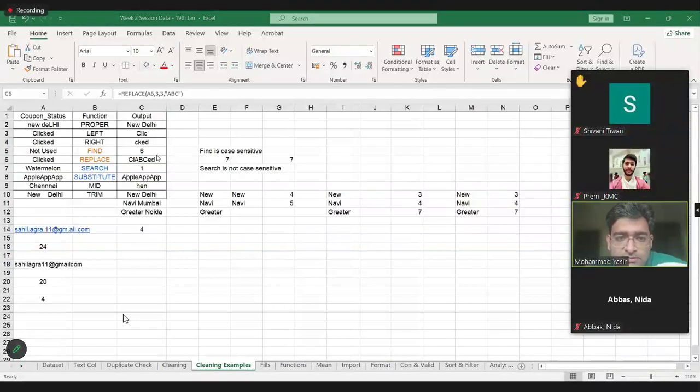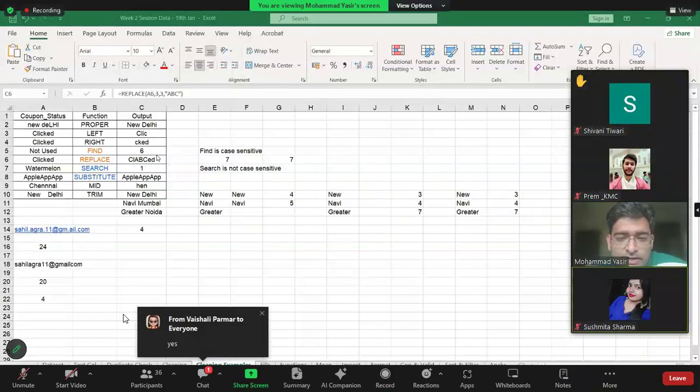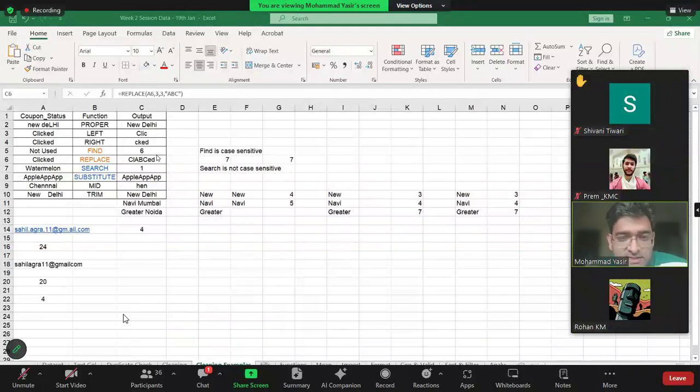Any doubts, any questions? You are very silent. Sushmita? Yes, sir. Manisha, following? Any doubts? Can we replace based on the substring and not just the index? Yes, we'll come to that, Rohan. That is the immediate next step.